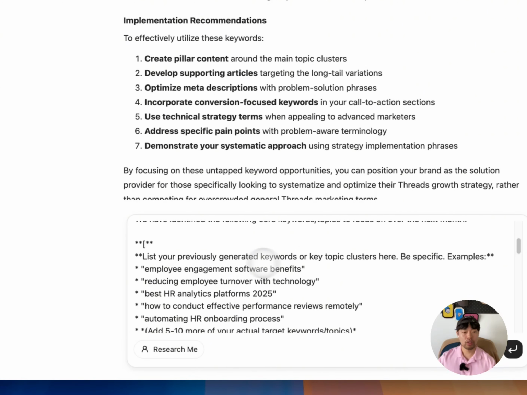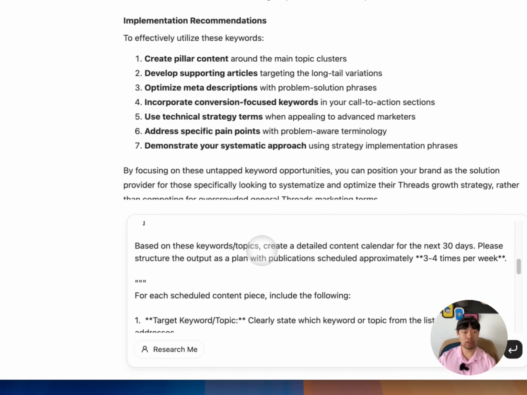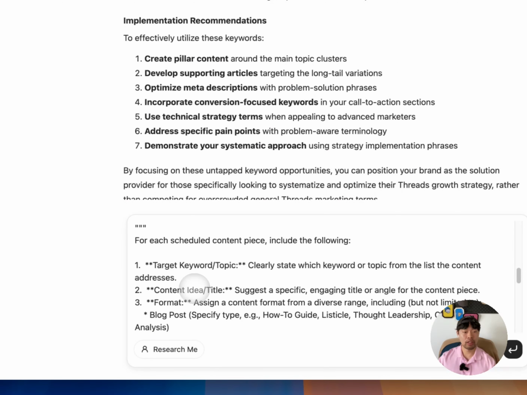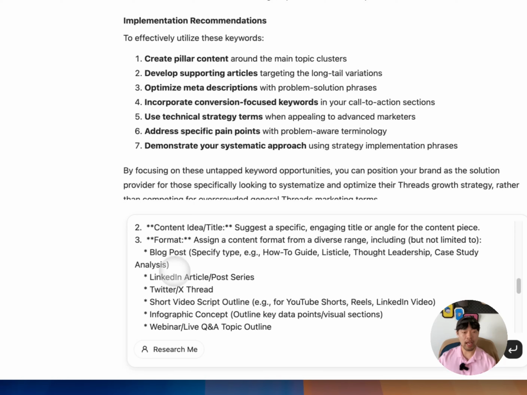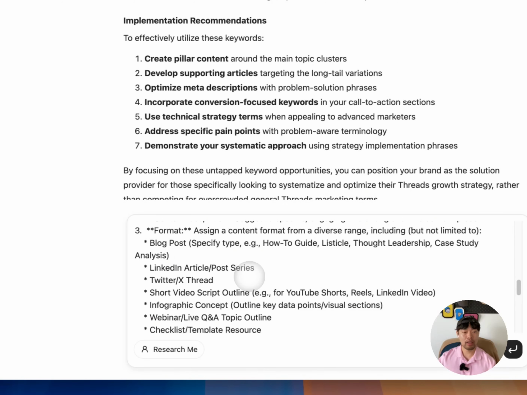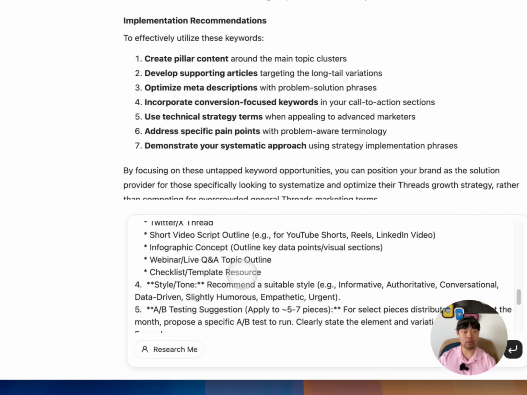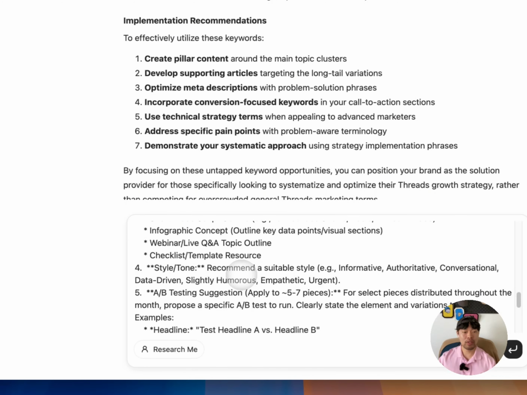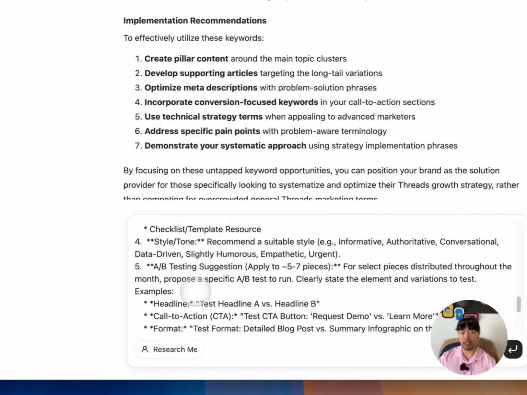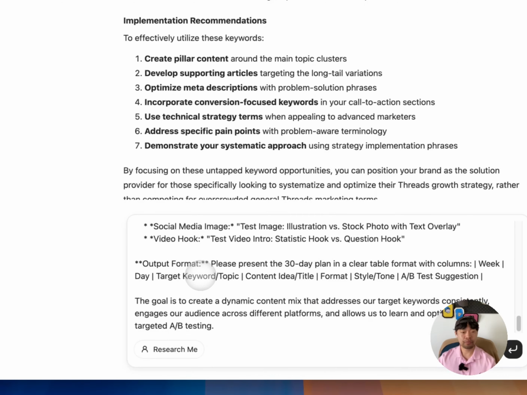So the previous keywords, and here we ask for different formats: post, short video, infographic, webinar, style, tone, and also A/B testing for checking out the performance and everything.